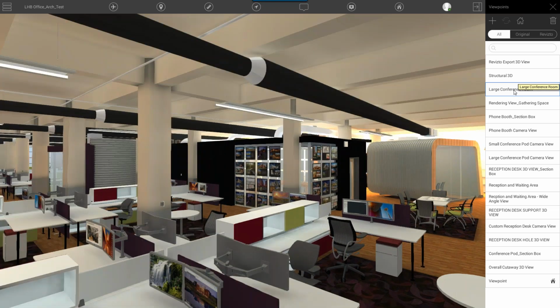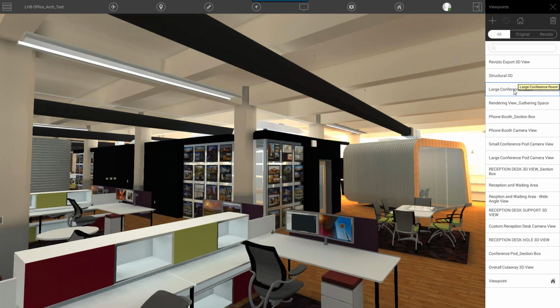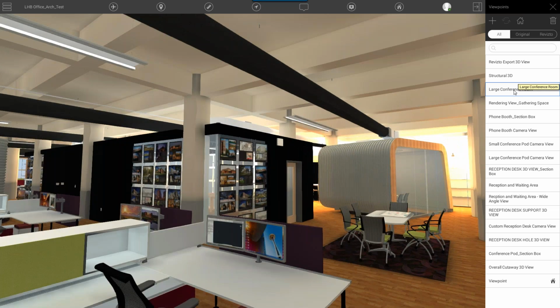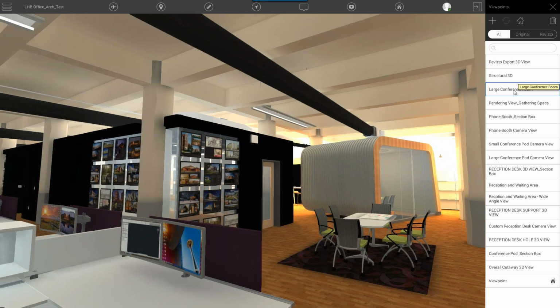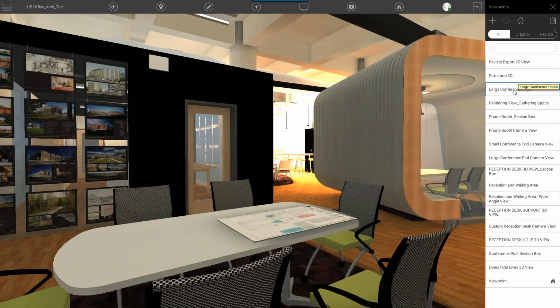Marine says that also some linked models not showed up in the correct place. Models are linked in Revit via shared coordinates. I'm not sure if I'm getting it right. Dan, can you understand that? Because we never had this kind of problem. Yeah, I haven't had that in Revizto.